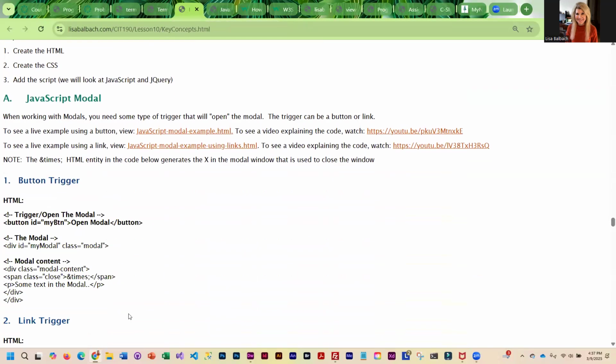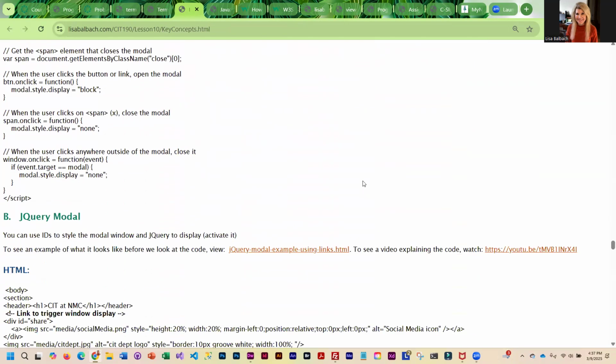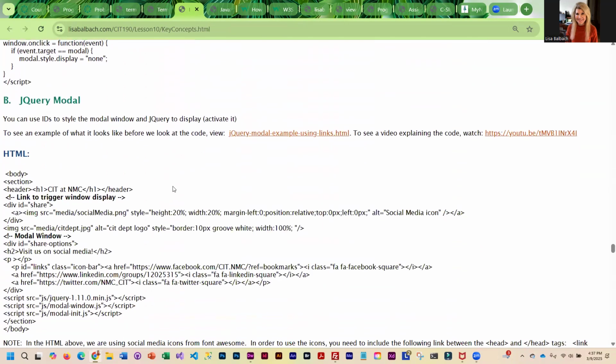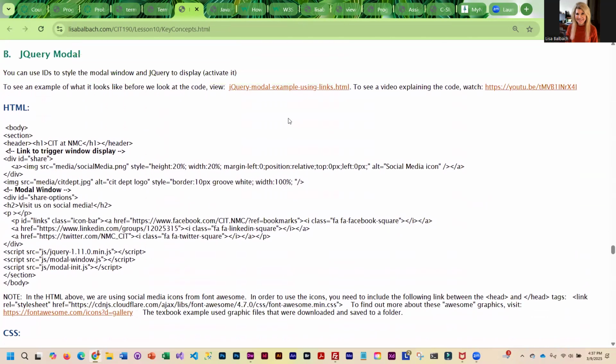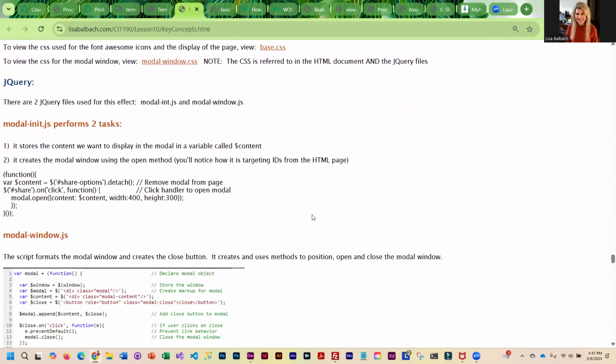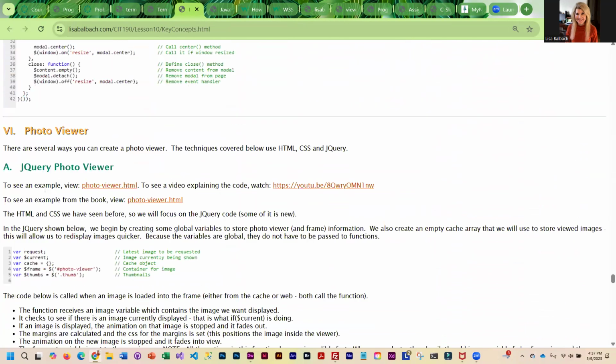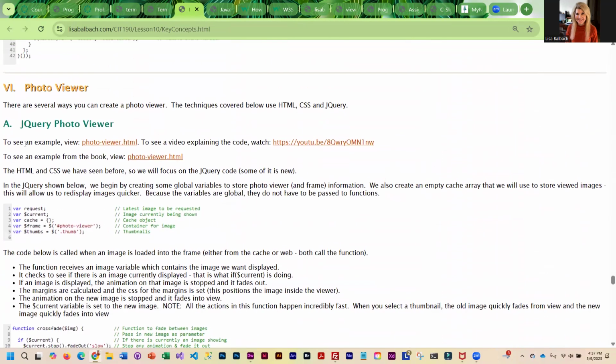And so we go through how to create this in JavaScript. And I've got some examples and explanation of the code. How to do this in jQuery. Okay, example and explanation of the code. And then, let's see. Once we get through with modals, we get into photo viewers, and there are a couple different photo